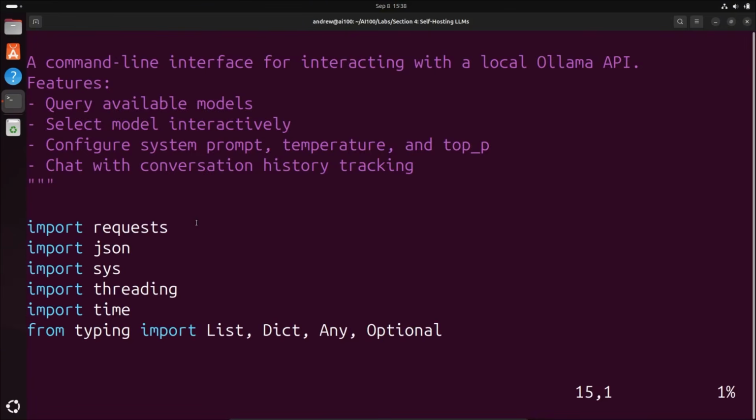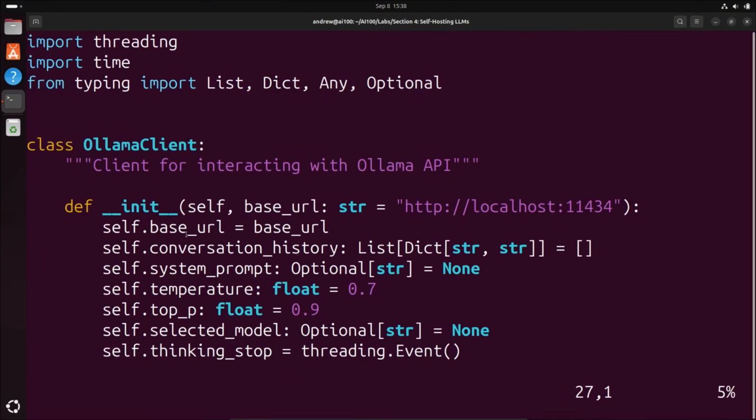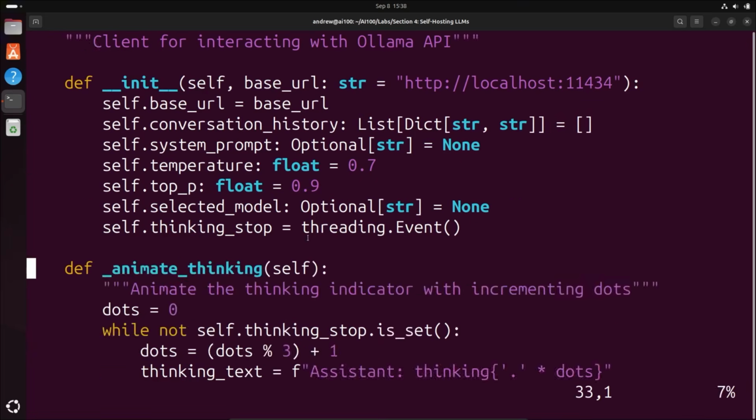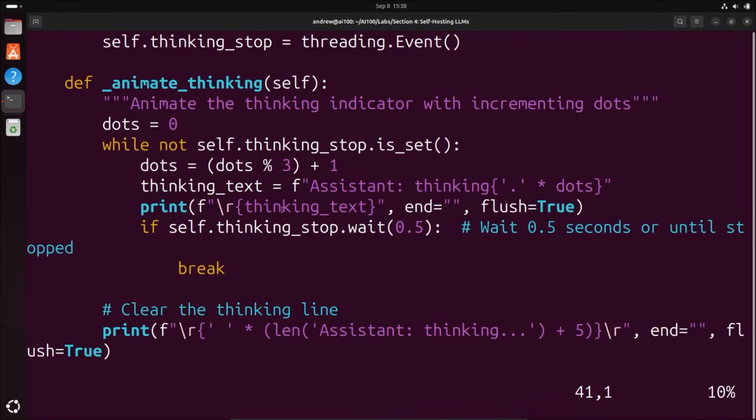Again, this is a fairly basic Python script that just sets up a client and then is able to keep track of that conversation history and allow you to select the parameters and interactively talk with it. So in the back end, it handles parsing out the JSON and printing the conversation history and keeping track of it and all that. So again, this is not designed to be a programming course, but I did want to provide an example just to demonstrate. If you want and you feel comfortable with Python, you could go and either modify my code here